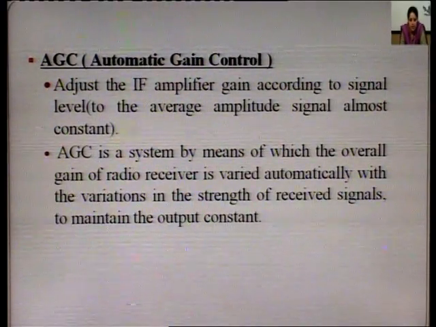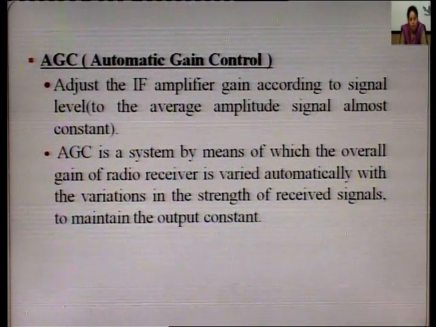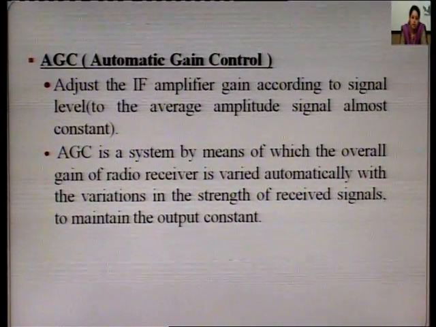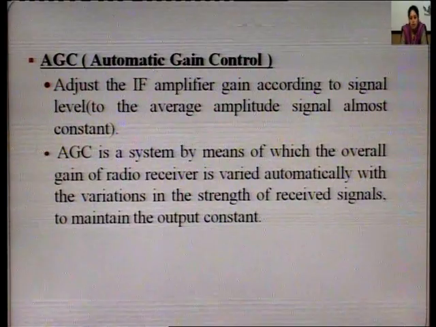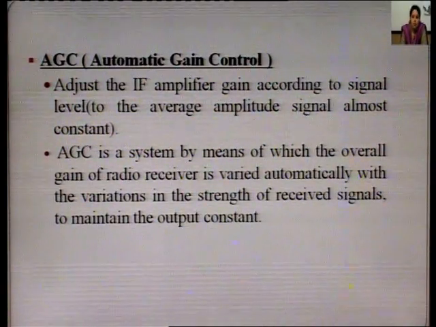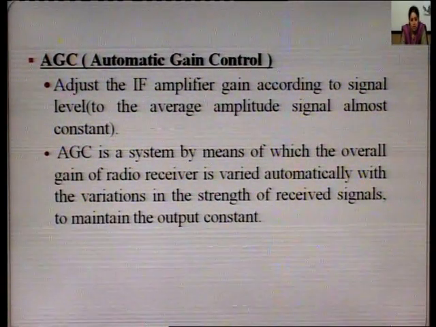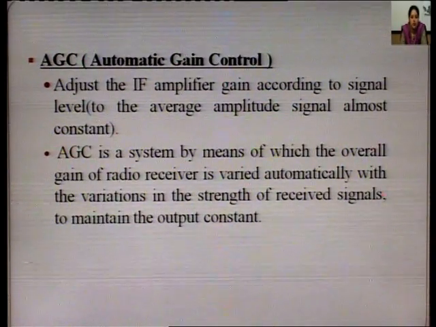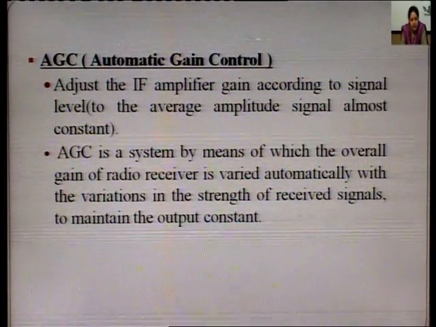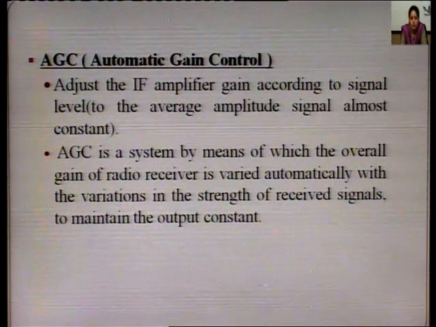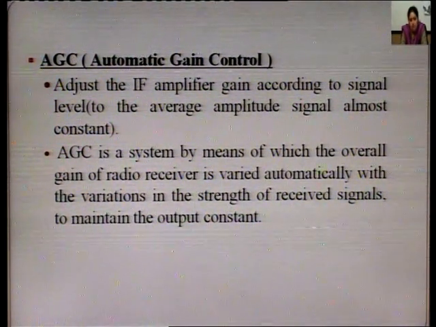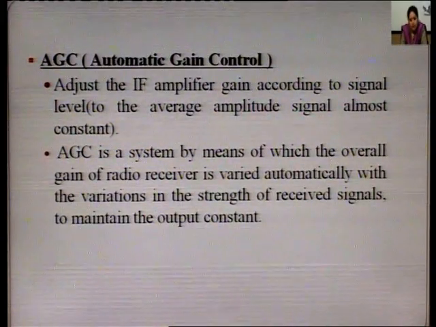As I have discussed, your received signals vary; they cannot be of constant amplitude or magnitude. Some can be weak signals, some can be strong signals. So at the output you need to maintain a constant level. For that, automatic gain control is provided. Automatic gain control provides adjustment or compensation for the weak and strong signals so that they can have a constant